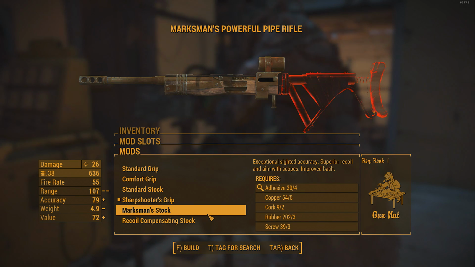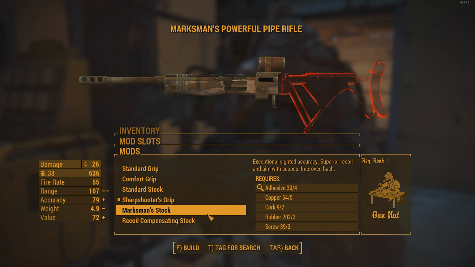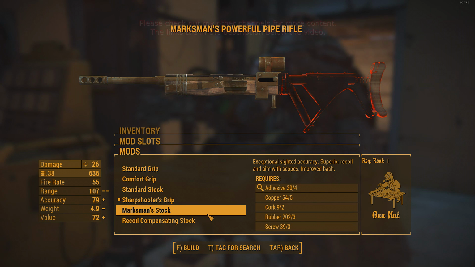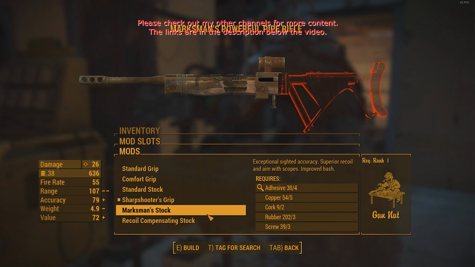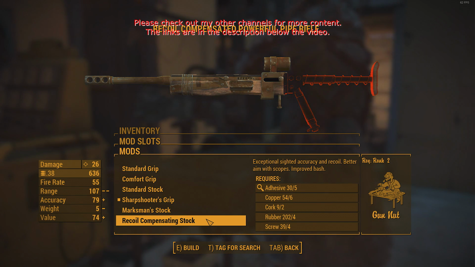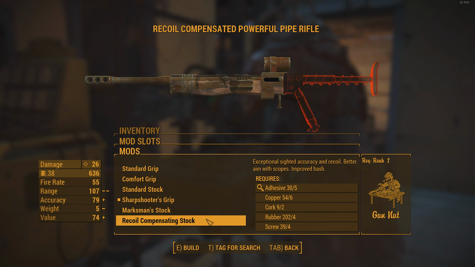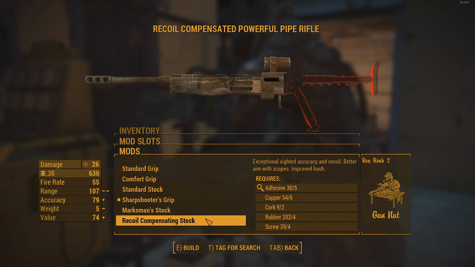it's already modified. And a lot of the weapons that you find out in the Fallout world are going to be modified already, so you're just going to have to continue or change whatever mods in order to make it fit your playstyle. Now you need to pay attention to what resources you need in order for each individual mod, and if you don't have enough of one of these resources or more, then you need to go out and try to scavenge that. So as you can see, you have quite a number of different mods to choose from,